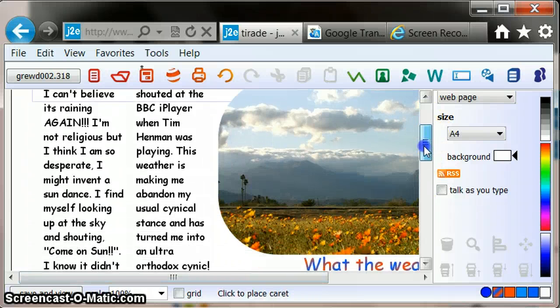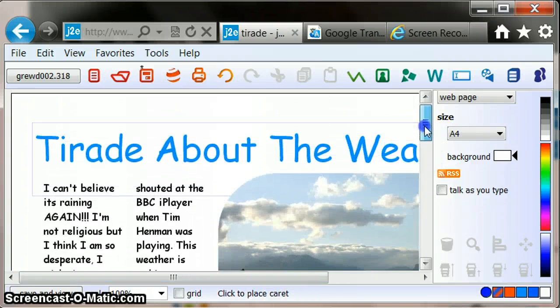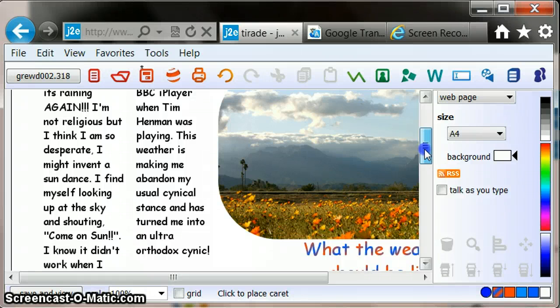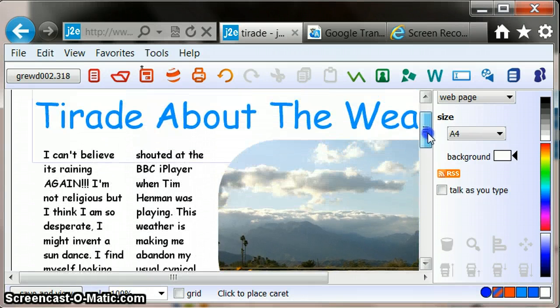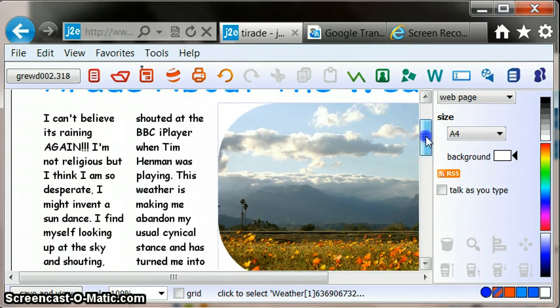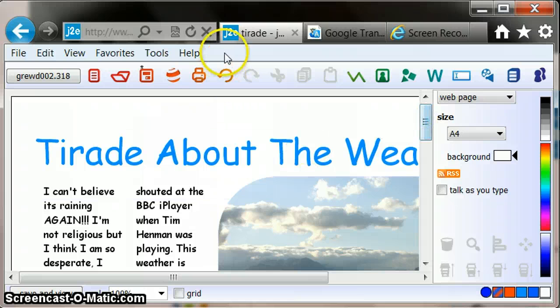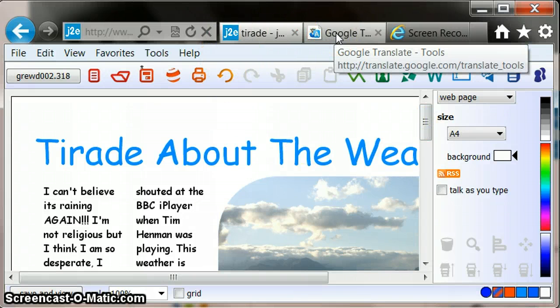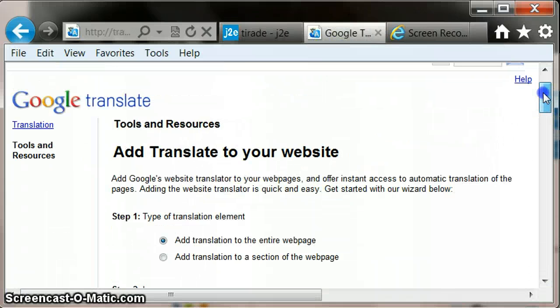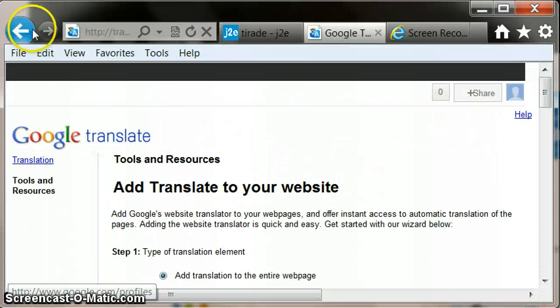So I've got my page with some text and a picture here, and I'm just going to add a translation button so that this English can be translated into any language. And a very quick way of doing that is I've got a tab open here next to my J2E tab, and I just did a search for Google Translate toolbar,